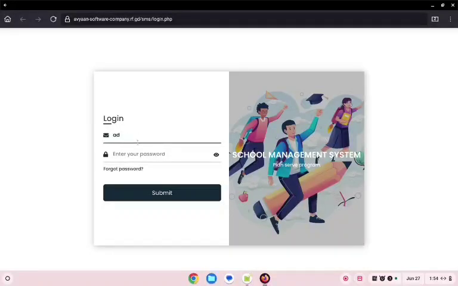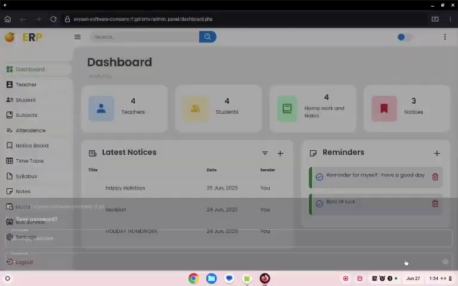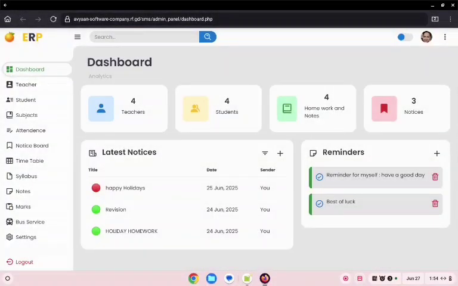Now, I am starting with the admin part. After admin login, you can see a dashboard